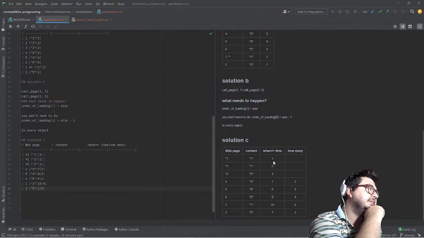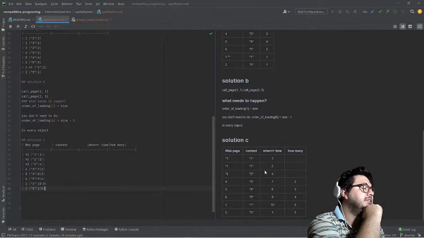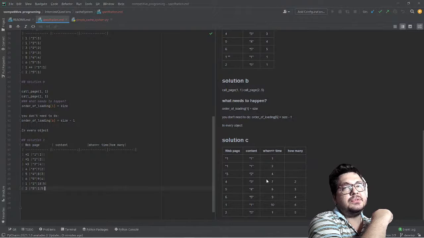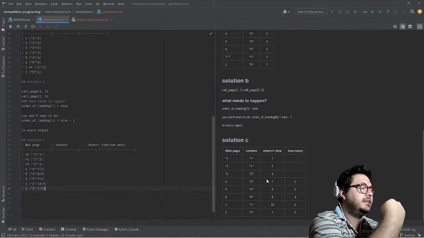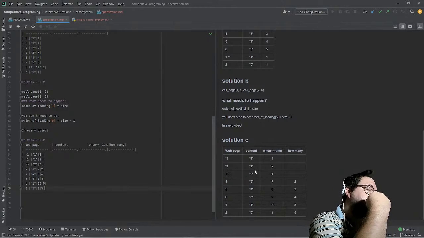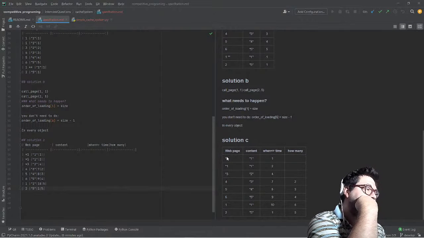The thing is, when I get to remove a web page, I need to not only access my cache faster for the web page.